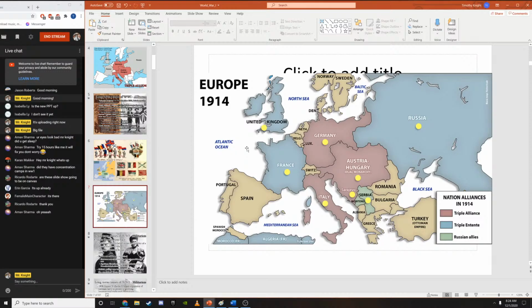And so what happens when the war actually starts, even though Britain didn't really have anything to do with the war starting, Britain ends up getting dragged into the war because they're chained to France, which is chained to Russia, which is chained to Serbia. So it's a huge chain reaction. These alliances create a chain reaction where every single nation basically gets pulled into this conflict, despite the fact that none of them really had anything to do with what actually kicked the war off.